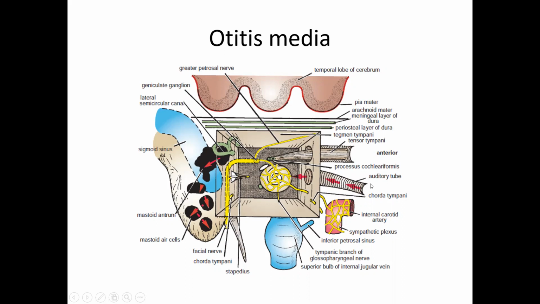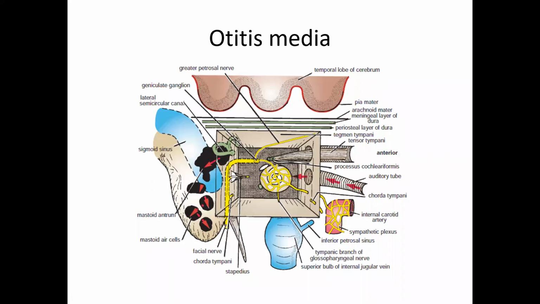Anteriorly, below is the opening of auditory tube. Above is the opening of tensor tympani muscle. In the middle, there is a large bulge. It's called as promontory. Remember, there is a bulge of the body of S1 vertebra, which is also called promontory. This area, which is the bulge, is also called promontory. This bulge is caused by the basal turn of cochlea.